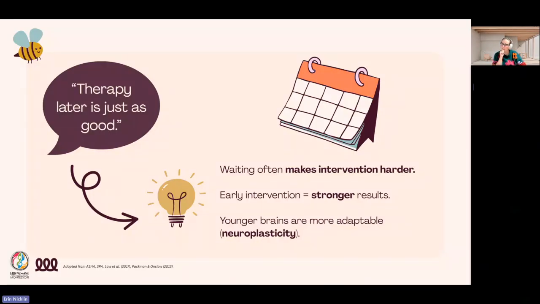And I remember reading a few weeks ago that if you targeted, let's say we're targeting our R's, that R sound, so if we're saying wed instead of red, if you targeted that in therapy before 5 years, you would get it done in a couple of months if things go well. But if you targeted it at 5 years or older, it's going to take the same number of sessions regardless of what age from 5 years onwards. So it's not actually going to take less. It's going to take more than if you did it before 5. I hope that comes across in the way I want it to come across.